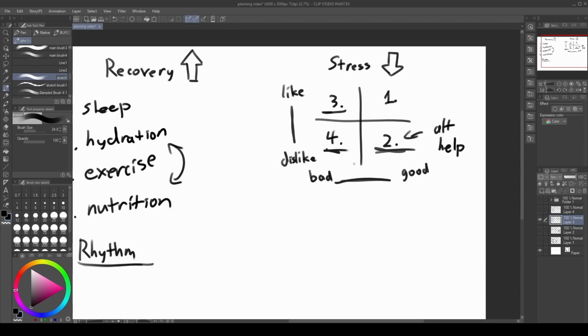Finally, we have number 4, the tasks we don't like and that don't help us. Ideally, we can abandon these, but it is pretty great if you can just identify what these tasks are. It's a pretty great first step. Sometimes, taking a look at